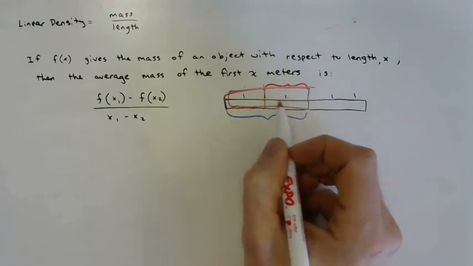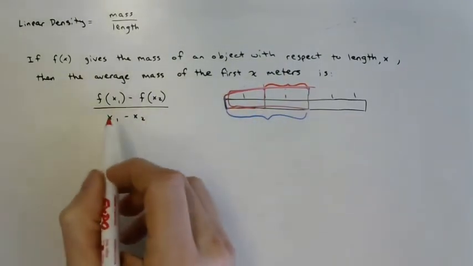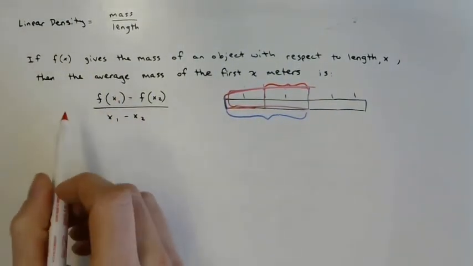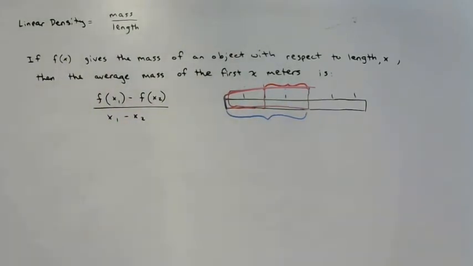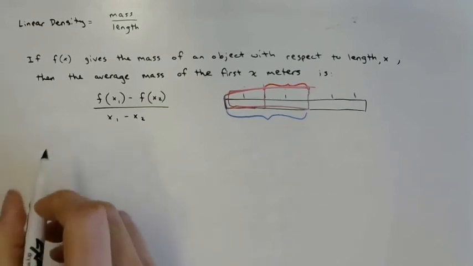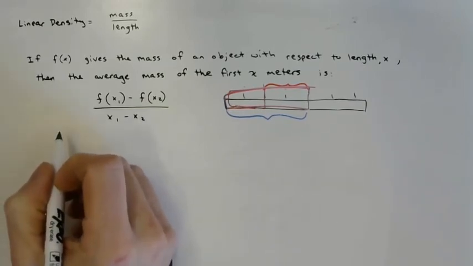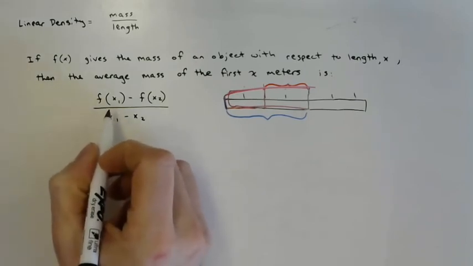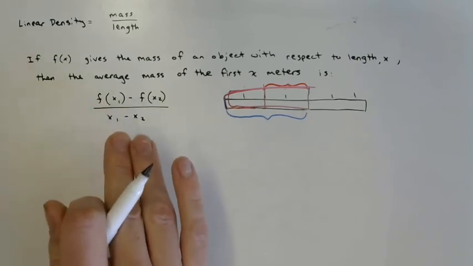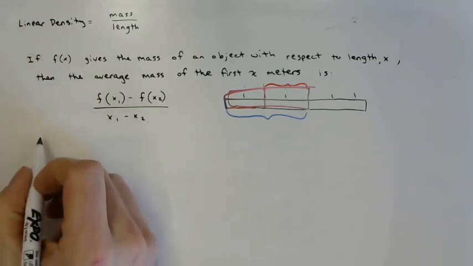Essentially, you'd be taking 4 minus 2 or 2 minus 4, making sure you're doing that in the right order. That would give you the average density of any section along that stick. So this is getting us an average linear density, then